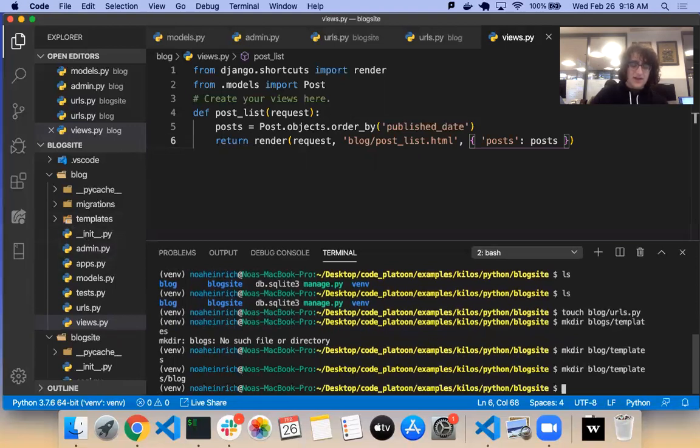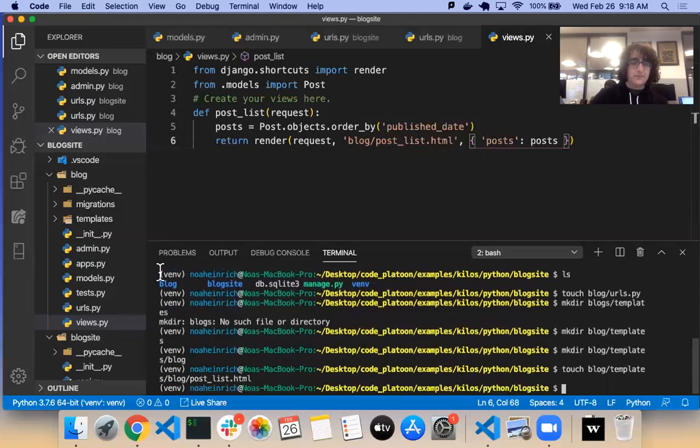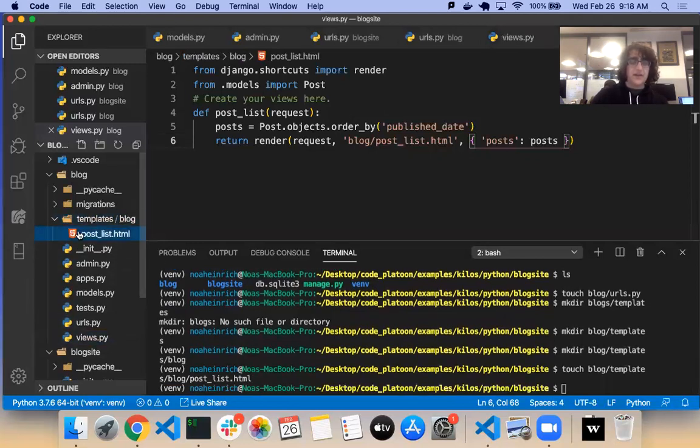And then inside of that, I'm going to say touch blog/templates. Not sure why my autocomplete isn't working. I'm going to be making post_list.html. There it is.